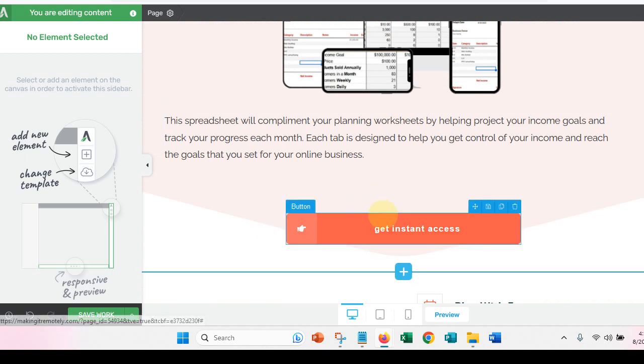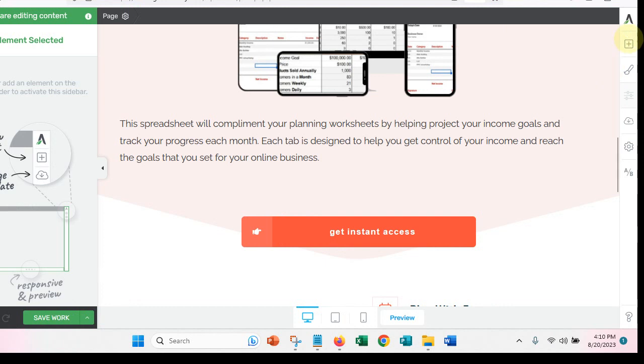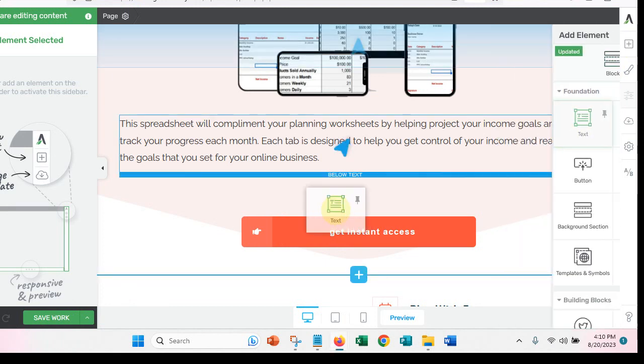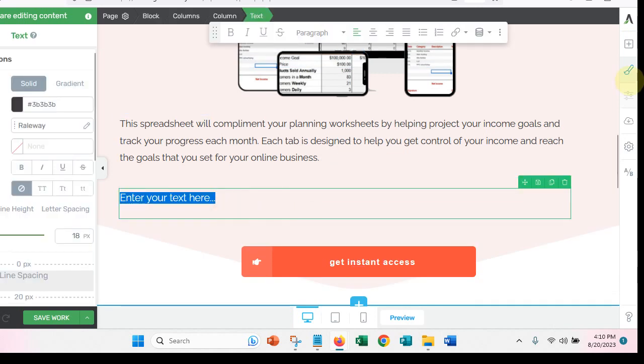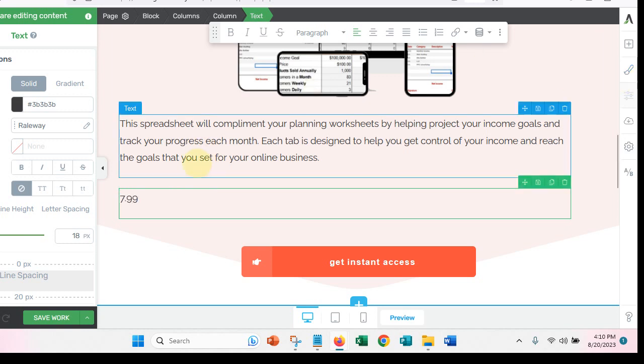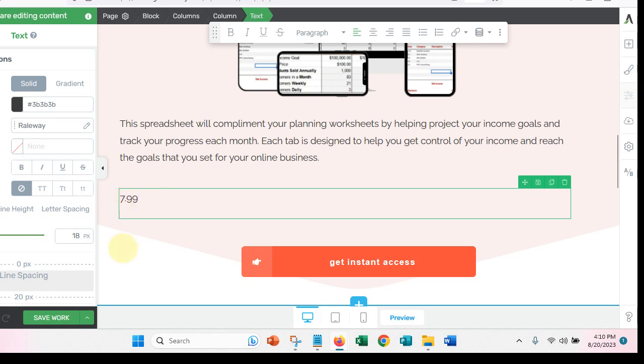So then here is where you're going to put in another element. You're going to put in some text, and that's going to give them the price. So we're going to say that we're going to sell this for, we'll say $7.99. So you sell it in your shop for $15.99, and you're going to be able to get it today. You're going to say 50%, and you're going to be able to buy it for,